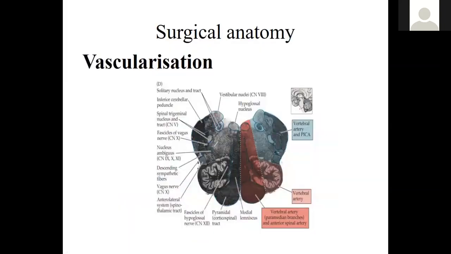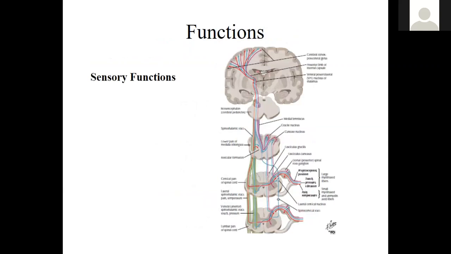The vascularization of the medulla oblongata is assured mainly by branches of the vertebral artery. So we have the paramedian branches and the anterior spinal artery. We have posteriorly the vertebral artery and the posterior inferior cerebellar artery, knowing that infarction or occlusion of this posterior inferior cerebellar artery will be responsible for what is clinically known as the lateral medullary syndrome. And here we have some functions of the medulla oblongata, because as we